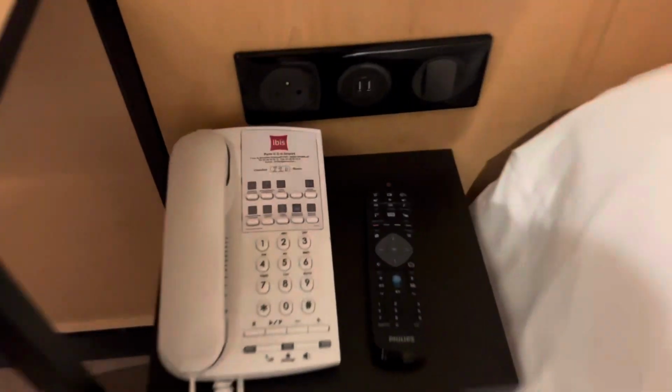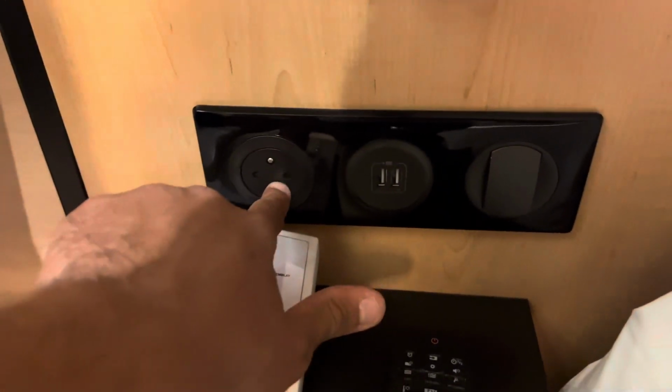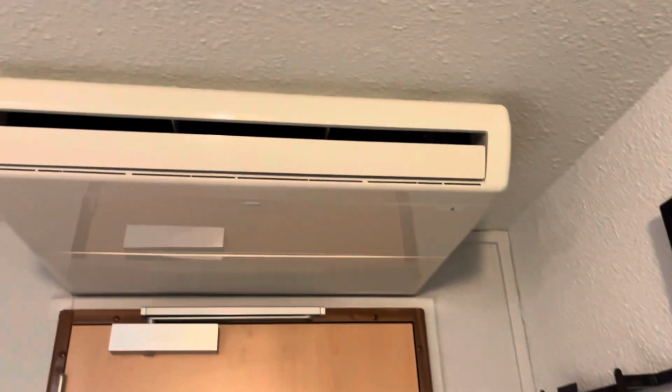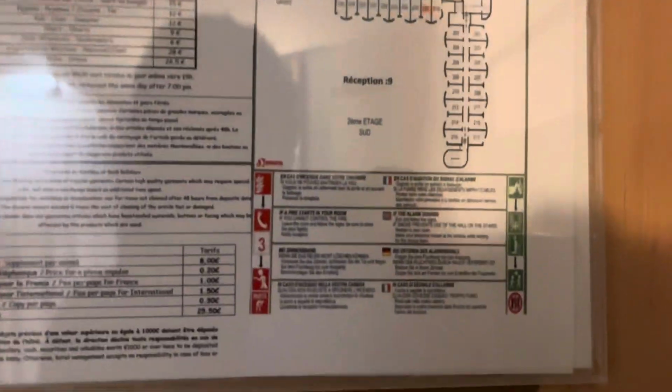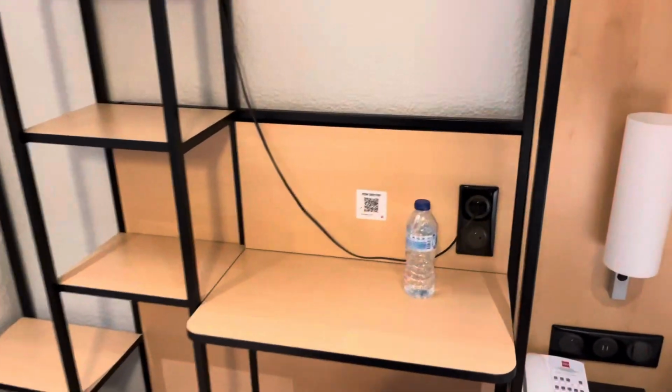Right there's your telephone and the remote, and here, I think this is the universal power outlet, and here's your Philips flat screen TV, and up here is the air conditioning, and here's the evacuation plan right here, and look at this mirror. Hey, and here you have your workstation, and here's your little closet, and let's go check out